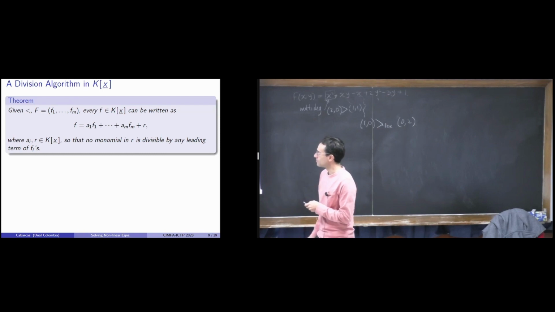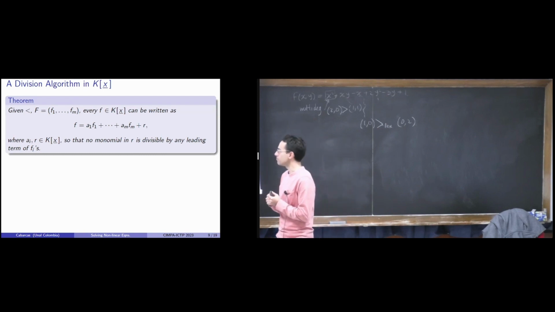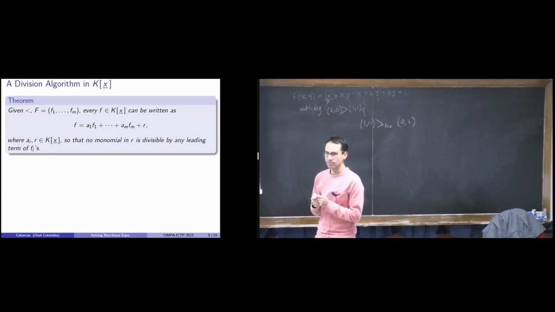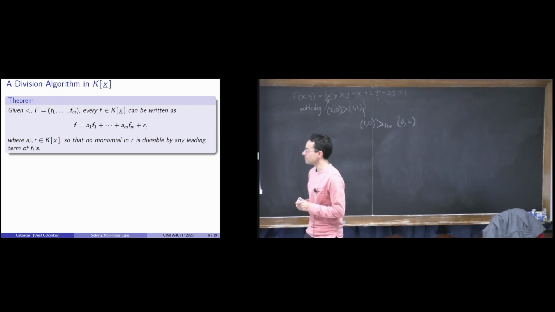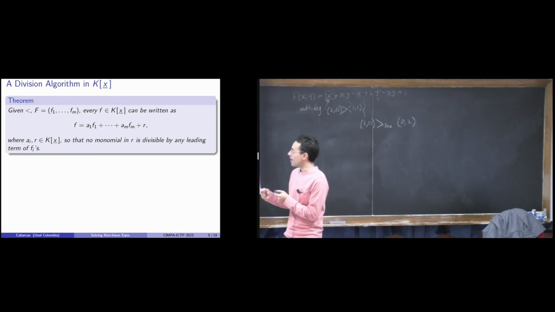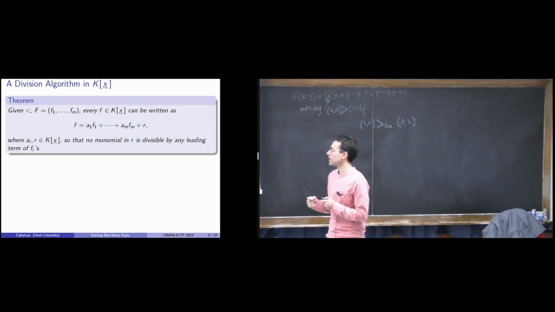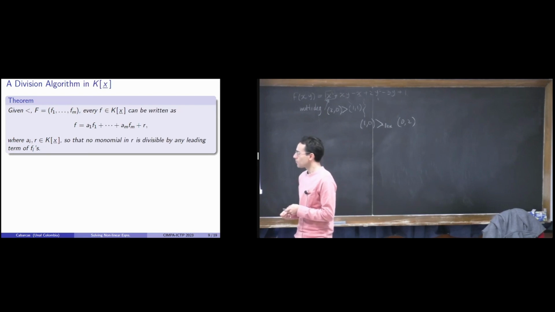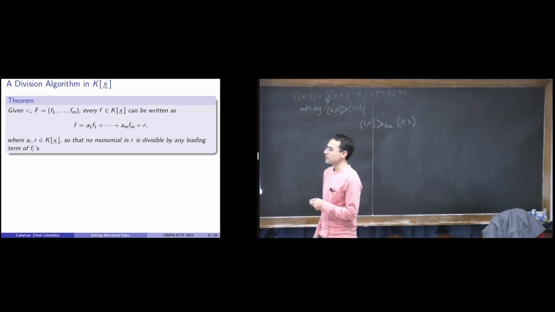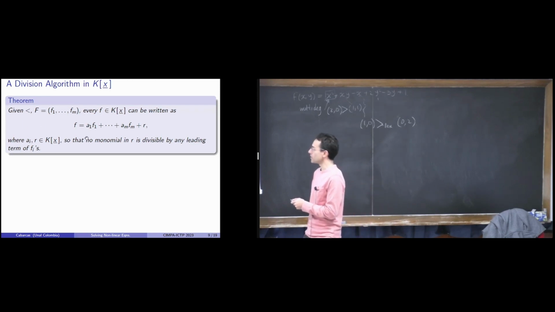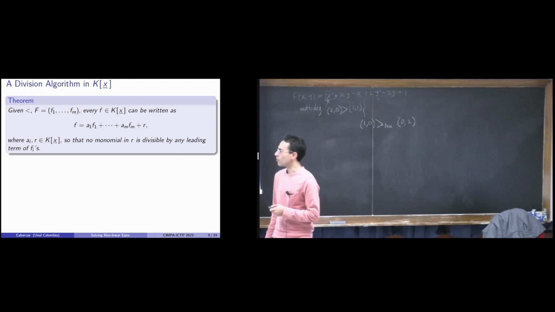Given a monomial order and a set of polynomials f1 through fn, every polynomial in the polynomial ring can be written as a combination f equals a1 times f1 plus ... up to am times fm plus r, where the a sub i's and r are in the polynomial ring,